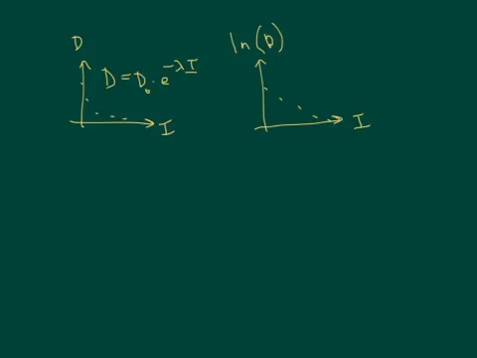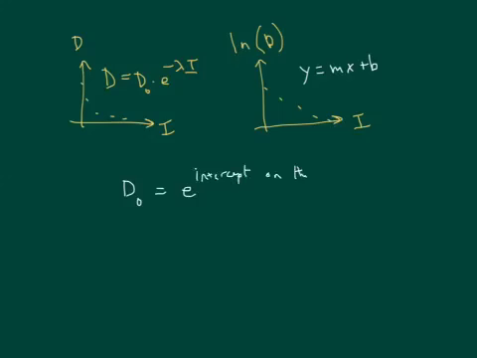And you also know that if you add the trend line and the equation to your semilog graph, then you can find your constants, d sub 0 and lambda. You can calculate d sub 0 as e to the power of the y-intercept